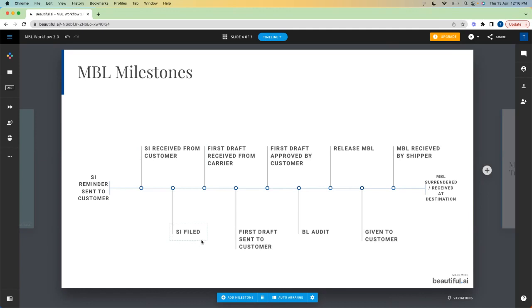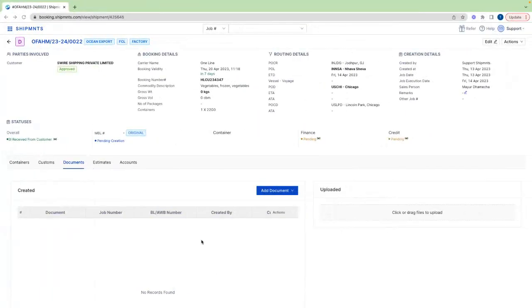Now we are at SI file. Now there are two particular situations in SI file. If you are working with major lines, usually you would just directly go and mark it as SI file. But in cases of NVOCCs and the likes, you can also create a draft of the MBL or SI from right here. So for this particular example, we are going to treat it as a major line, and